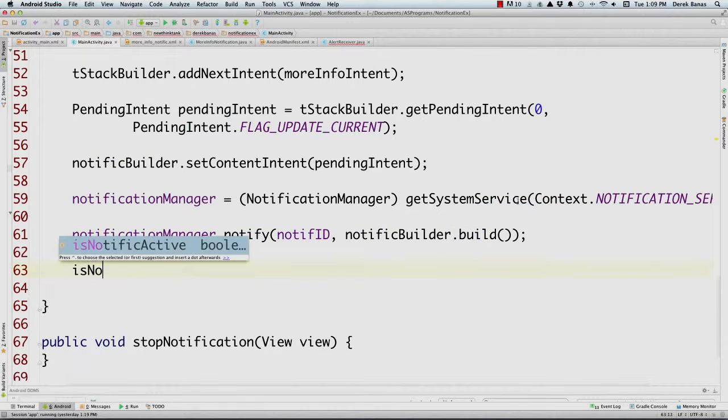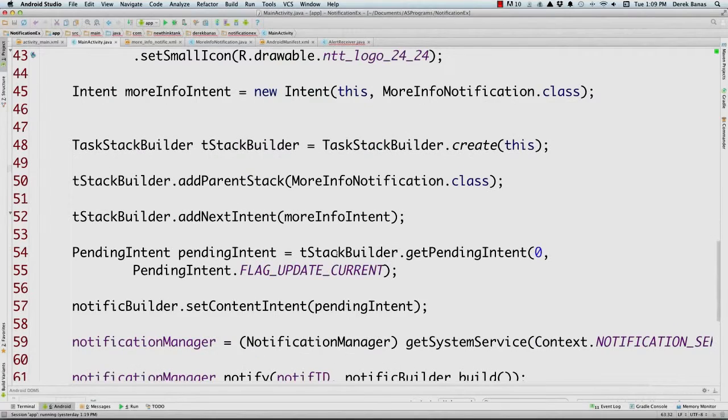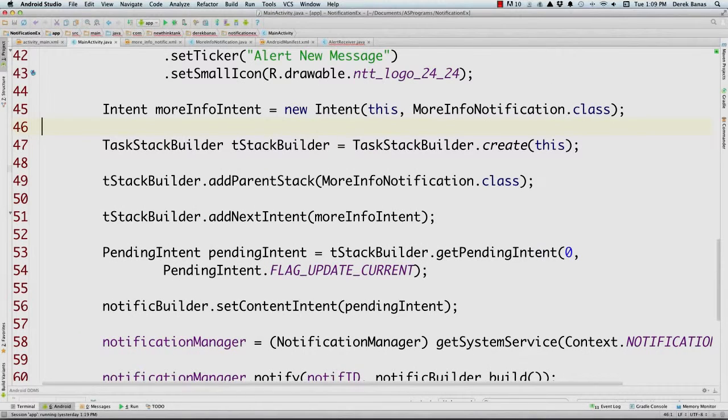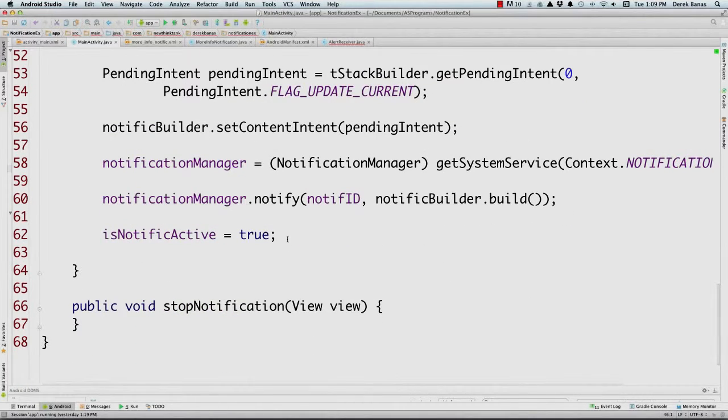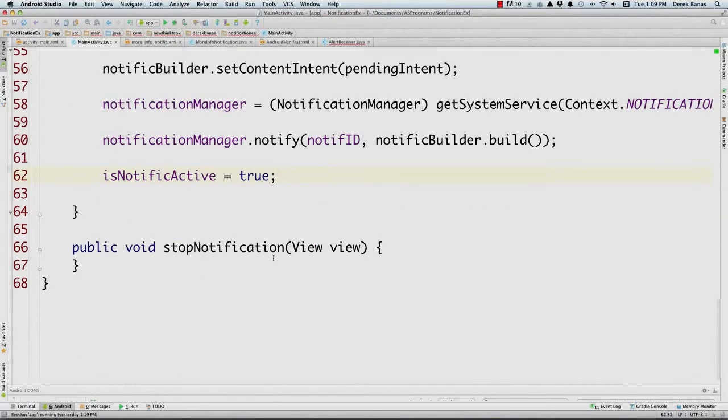And then we're also going to use this is notification active, and that basically is going to check that it is in the notification window on our application. And since we know it's active because we went and defined everything that's going to be inside of it, and we said what's going to happen when the notification is clicked on and all those other different things, well then we know at this point in time after we go through this entire function that yes indeed it is going to be active.